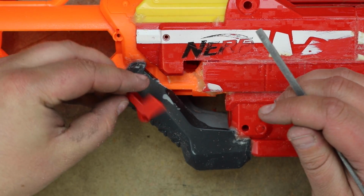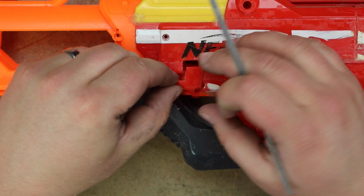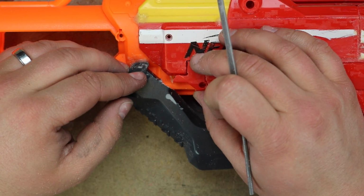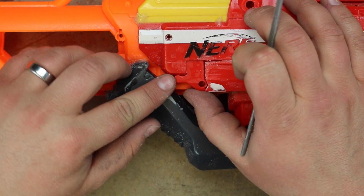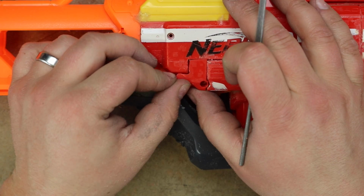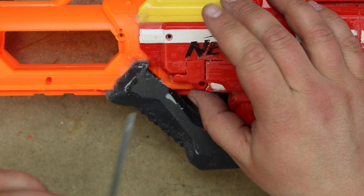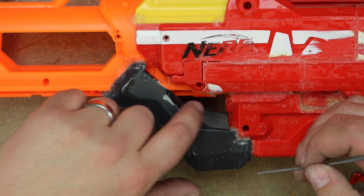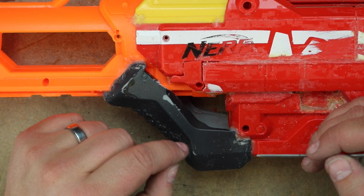Oh, I was just thinking, I was looking at this line here on the inside of the grip. It kind of tapers in, and we trimmed some of that out. I think that was